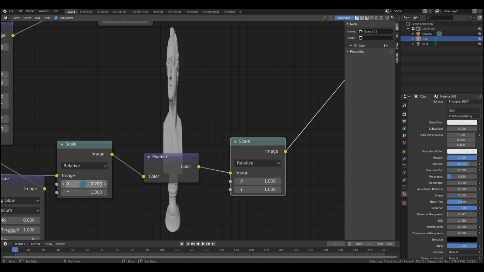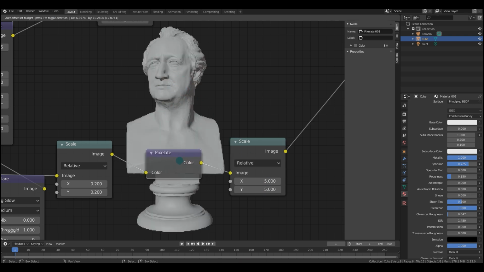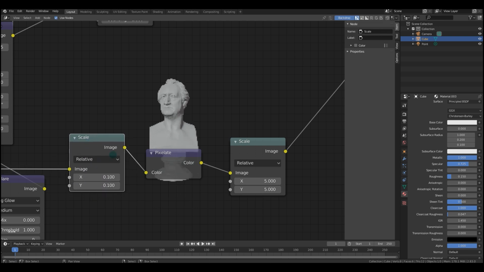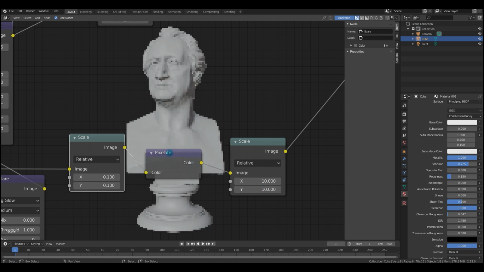Now, on the scale node on the left, this is where you're going to bring it to the pixelated size, if that makes sense. And then on the scale node, you're going to bring it back to its original size. And the pixelate node is needed in the middle, otherwise it's not going to have any effect. Now, this is cool and all, and you can adjust, again, how much of an effect there is by making this value lower and these values higher. However, I feel like it would be a lot more convenient if these settings were just in the pixelate node.